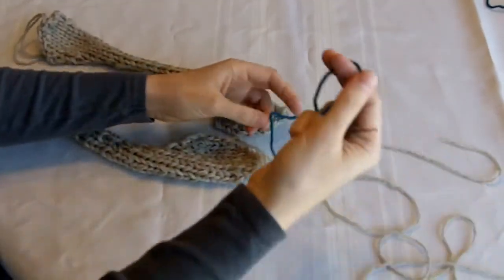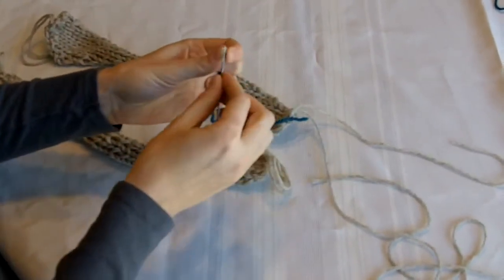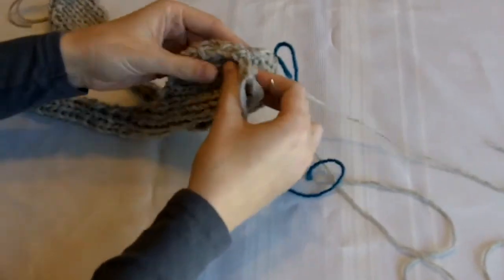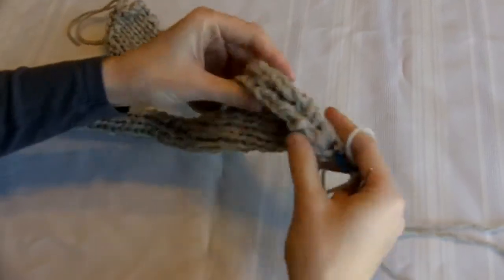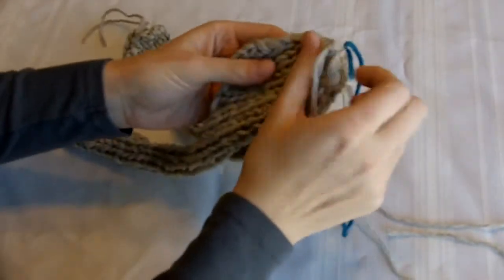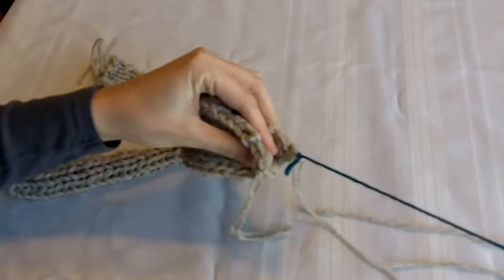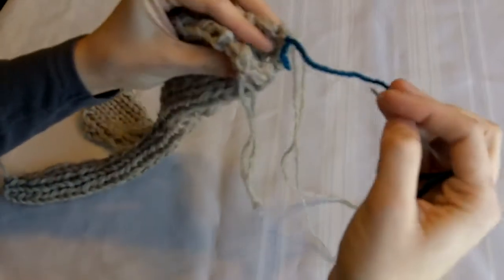For this demonstration, I actually tied on this different color thread so you could see it more clearly. You thread your needle and you hold the pieces with right sides facing out. So the V's from the stockinette will be facing out, and you can just put them flat against each other. You take the tapestry needle and you can tie it to the yarn on the top piece,